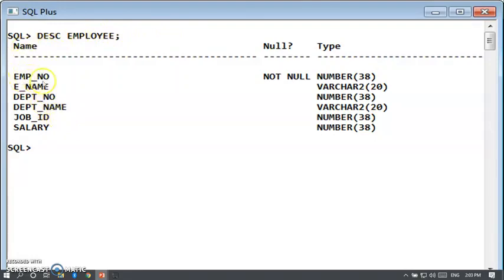So what we can see here is EMP number not null. It will help you to understand whether the particular column can be empty or not. As I said, for integer by default it is type number up to 38 digits. Similarly for ename, you can see the same that is specified by us when we wrote the query. So these are the column names. Here it will specify whether that column can be empty or not, and here is the data type. So this is how we have described the table employee.